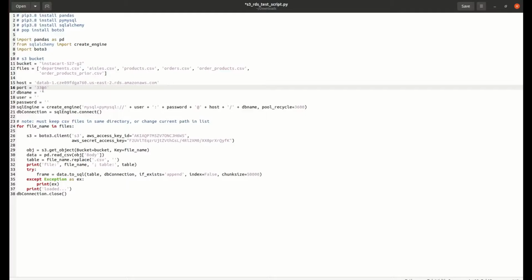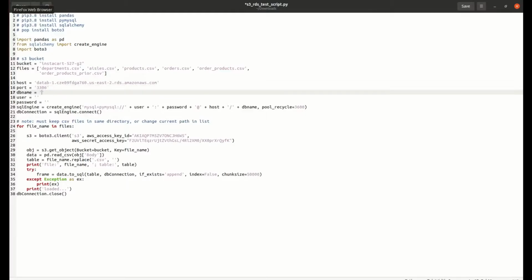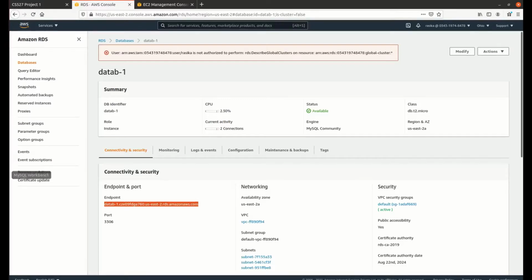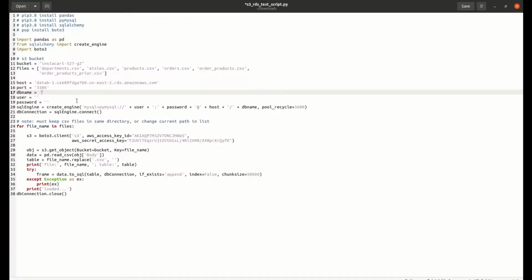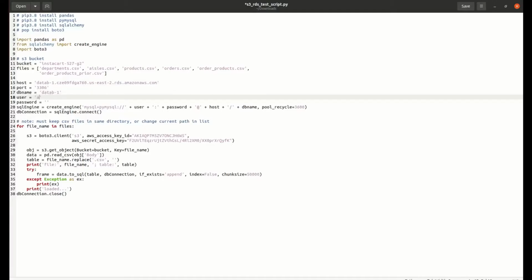Port number is 3306. Database name. Okay. The user is admin. Password would be what we have given. Okay. So using these credentials of the bucket and the Instacart CSV files, as well as the database credentials, we